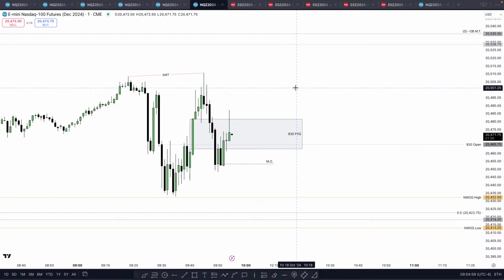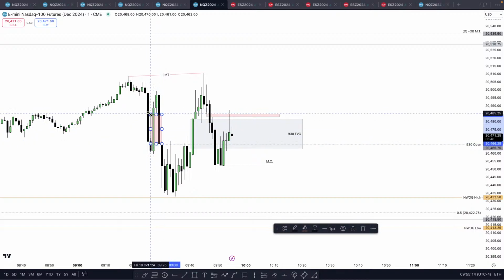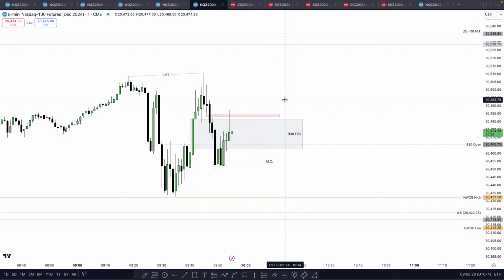Okay, so note how, yes, I see this fair value gap here. I see this SIBI here on the 1 minute overlapping with this BISI and then this SIBI to the left of it, right? You can get clustered and confuse yourself with analysis paralysis looking at the 1 minute chart or just lower time frames in general. So you need to know what's in this 930 fair value gap. So if we get above it, right,